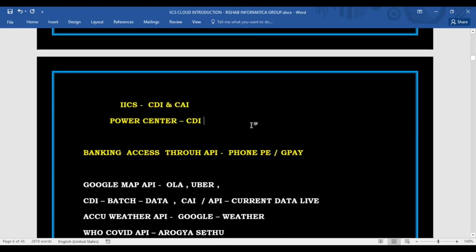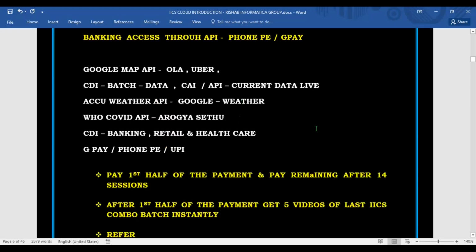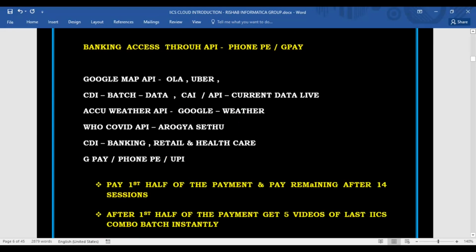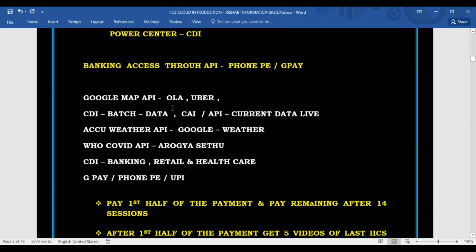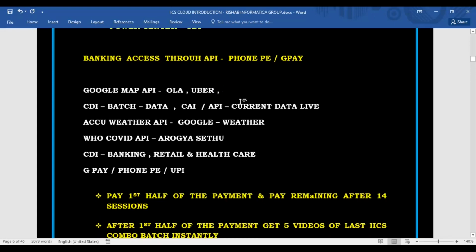Then there is an important concept called API. Why are we using this API? Wherever you don't want to access the data directly, they will use an API. The difference between CDI and CAI: CDI is like Power Center, cloud data integration, and API is application programming interface, right? So basically, why we are using this is, if you go for the Google Map API,